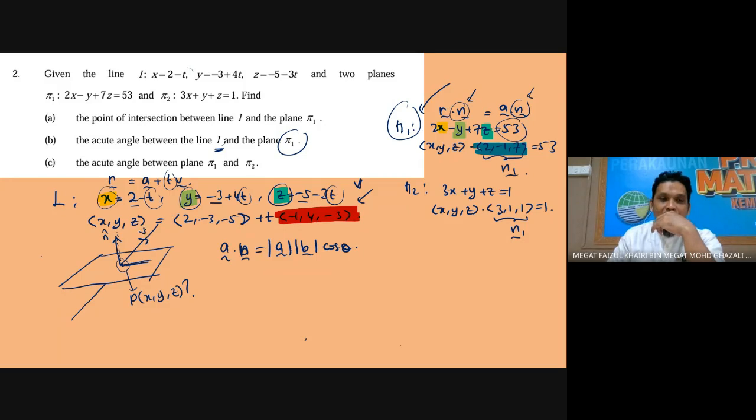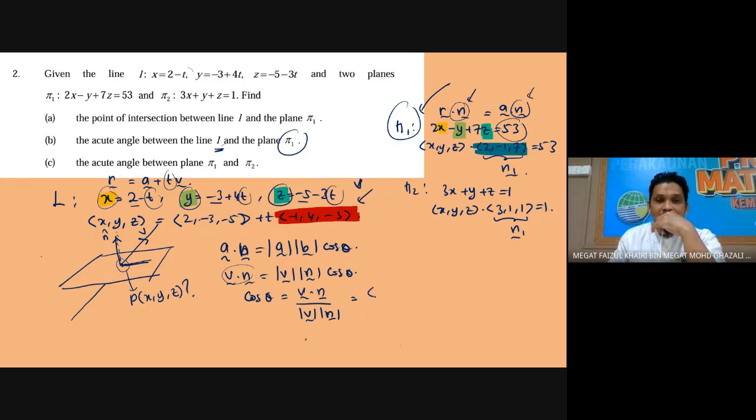So it's between V and N. So V dot N equals modulus of V times modulus of N times cos theta. So cos theta equals V dot N divided by modulus of V times modulus of N. Okay, so now